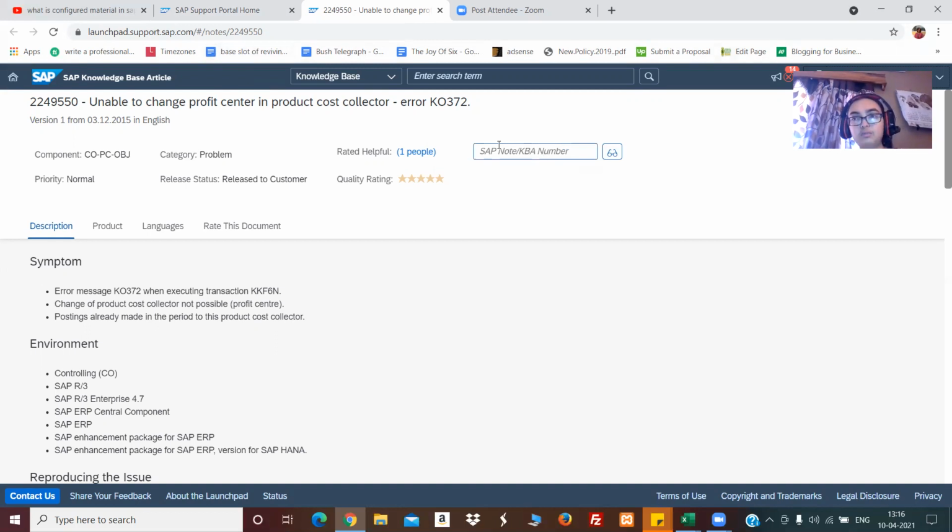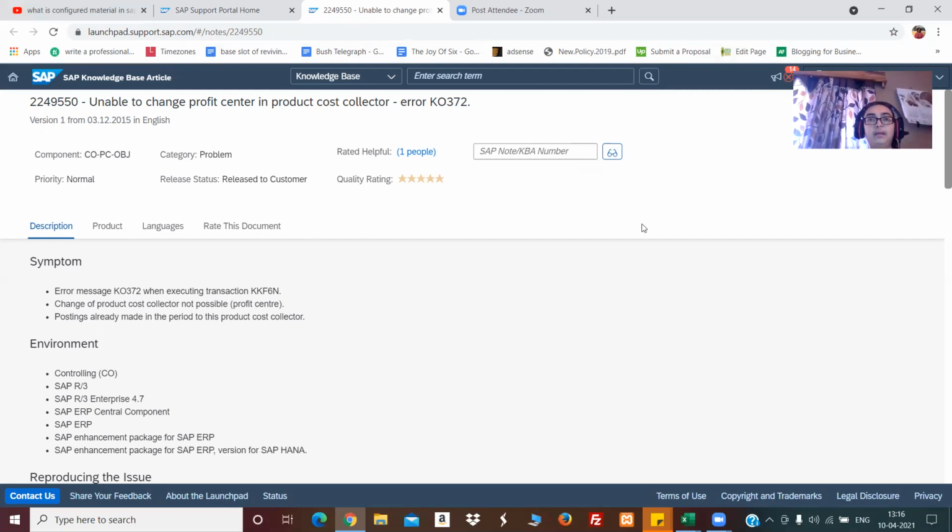That OSS ID would be given by your project or your organization itself. That ID and that password would be entered here as credentials. That is already given in my case, and for security purposes I have not shared that screen with you, so I have skipped it.